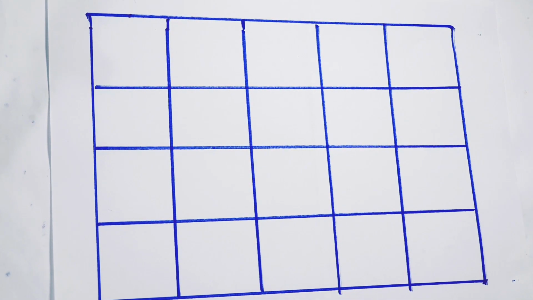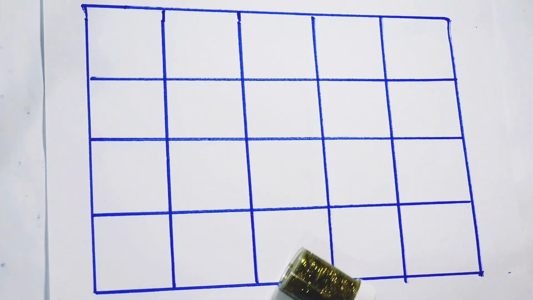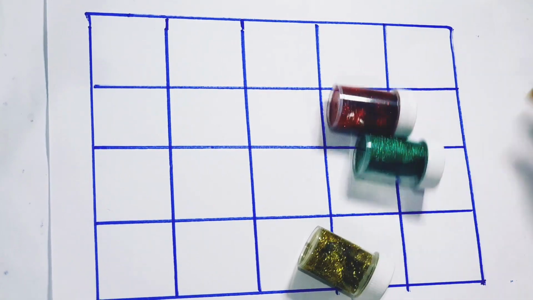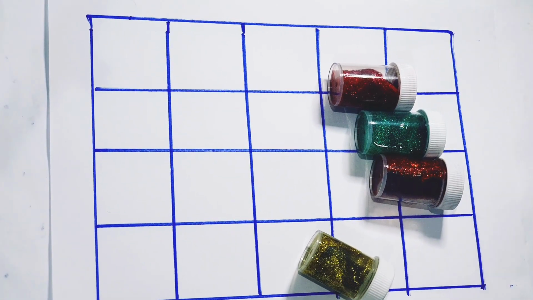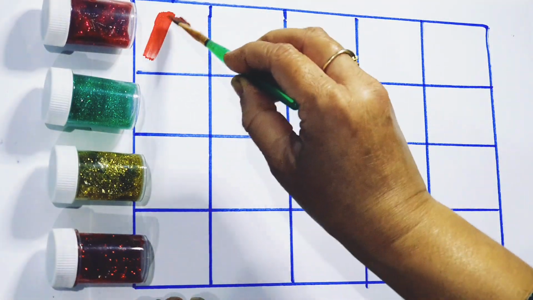Today we are going to learn ABCD. Let's start. Golden color, pink color, green color and red color. Let's start. Red color,